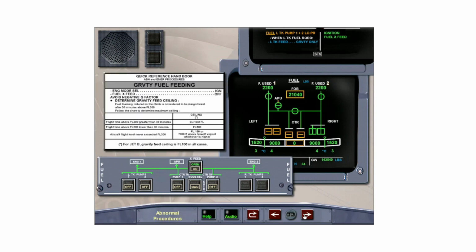Now would be a good time to review the gravity fuel feeding procedure in FCOM 3. Considering fuel requirements and that there is an imbalance limitation, it may eventually be necessary to use fuel from the affected tank. When the left tank fuel is required, and if at the altitude determined by the chart in the gravity fuel feeding procedure, confirm the engine mode selector is set to